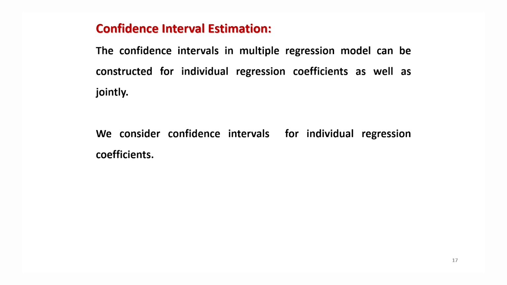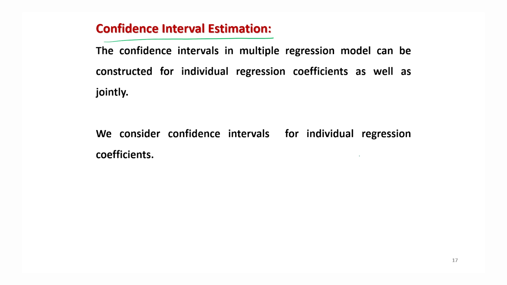Now after this I come to another aspect, that is confidence interval estimation. You can recall that we have already discussed this concept in the case of the normal distribution, where we constructed the confidence interval for mu under two cases, when sigma square is known and when sigma square is unknown. Here also you can do it, but in this case we have assumed that sigma square is unknown and we are trying to estimate it from the given set of data.